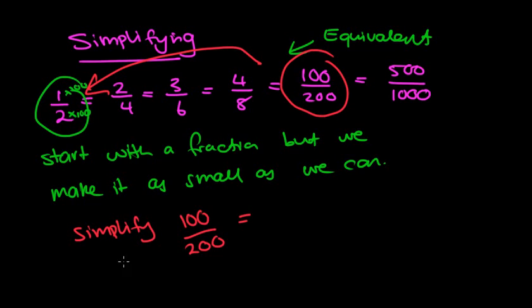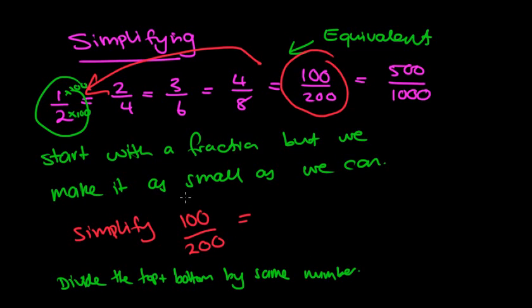We can also divide the top and bottom by the same number. And that's basically what we're doing. So we're looking at this and saying, well, what can we divide this by? Now, we could just divide by 100 because that's the same as crossing 2 zeros off. Look at that, a half. Sometimes you might start and go from 100 over 200, you might go a half of it,